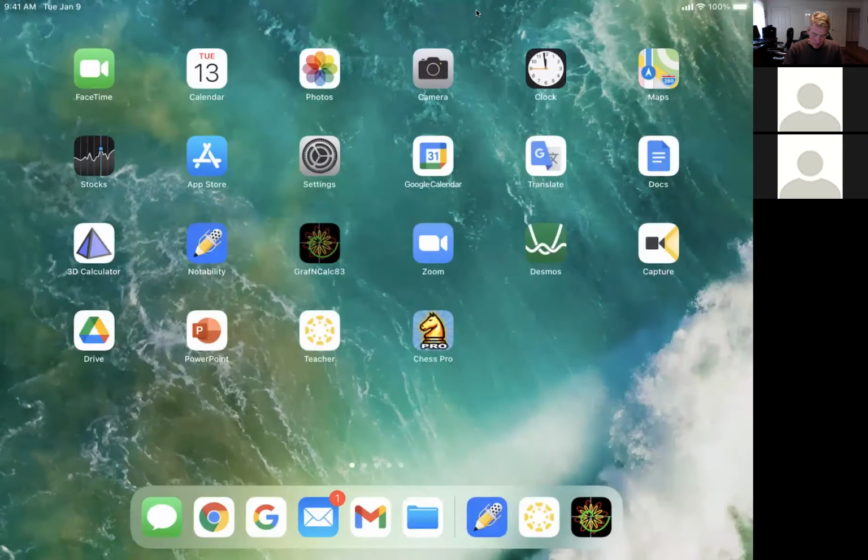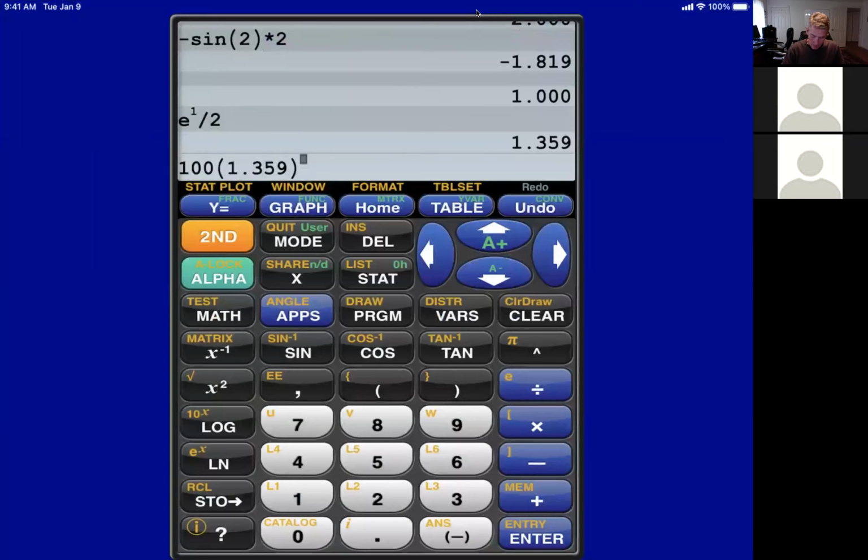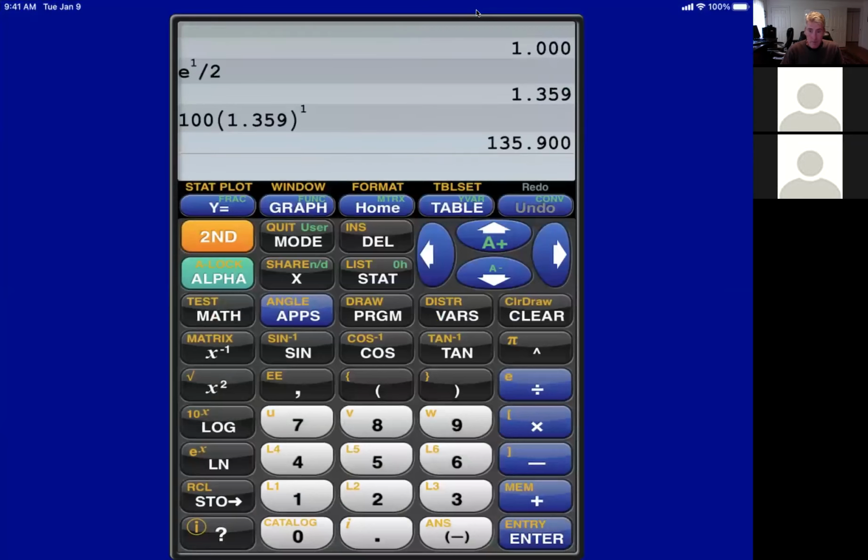So if you had $100 and you're getting 35.9% interest, and you left it there for a year, well, you would get $35.90 interest. So now you have $135.90 instead of $100. And if you then left that money there for 10 years,